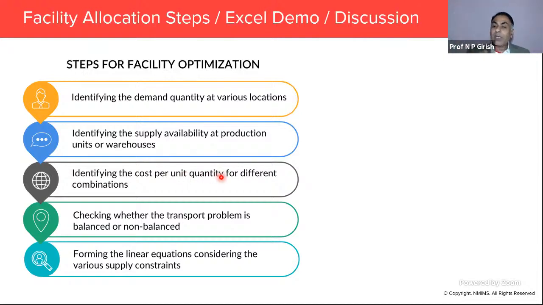I have the demand center. Do I supply from Vizag? Do I supply from Nasik? Where is the customer? What's the volume needed? Based on that, you decide. But is it only that one? You're also trying to see basically, is it balanced or unbalanced? What is that? Balanced or unbalanced is really talking about